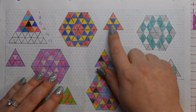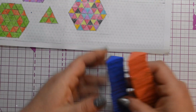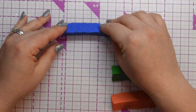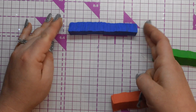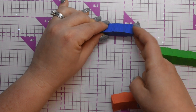Okay, so I'm going to do this one first. So I've got my 3 colours, and I need 3 of each of the sections. So let's just have a measure up, see how long we actually are. About 4 inches,